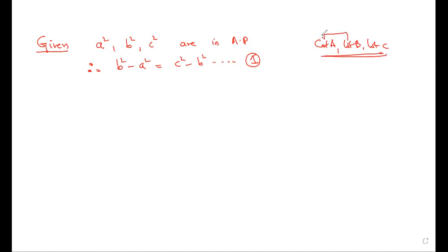So first I will calculate the difference of these two. Start with the first step, step 1: calculate cot B minus cot A. Find out what this is now. We have to convert it into ABC. What should I write next step? What should I do? How do I simplify cot B minus cot A using properties of triangle?